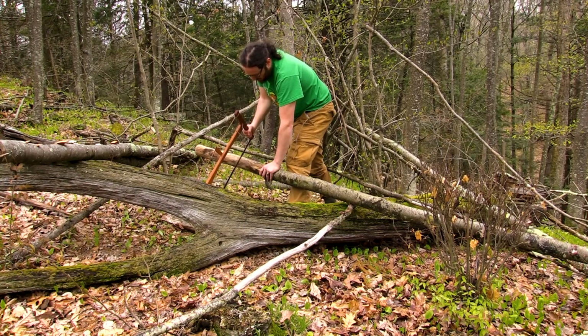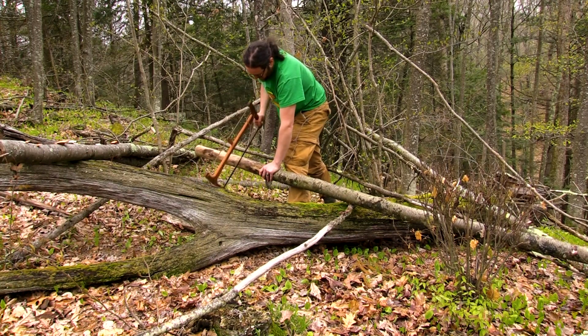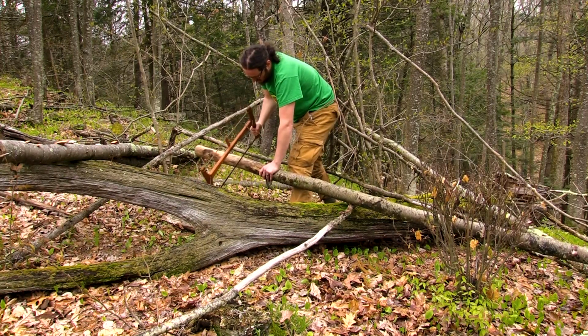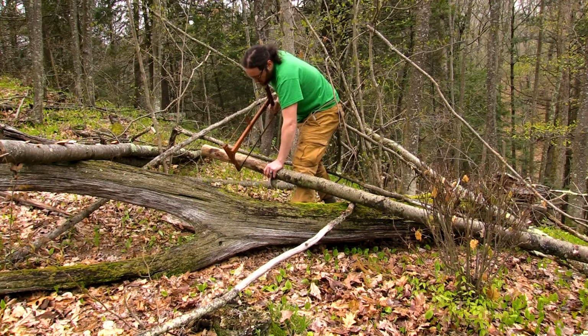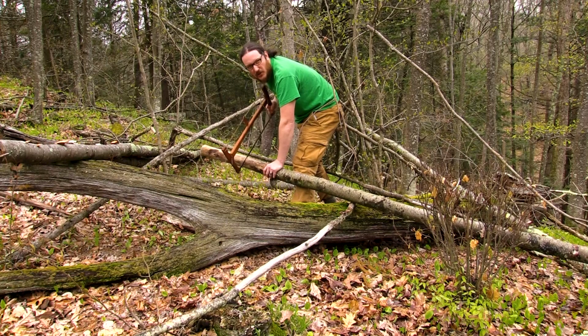I create my notch with return cuts, just a couple, 2 or 3, and I kind of rock forward a little bit, and I kind of rock back a little bit, and I go back to the middle. First couple cuts are very slow and gentle, with no downward pressure. I'm letting the saw do the work,